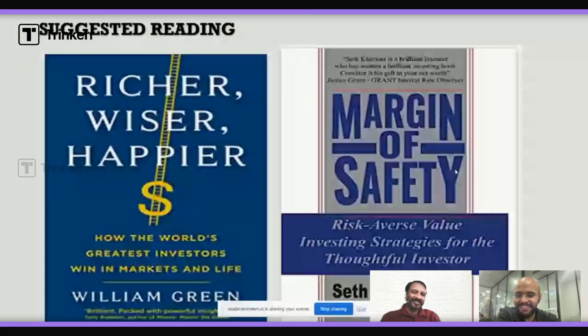I have 2 suggested readings, Vishu. One is this book called Richer, Wiser, Happier, by William Green. I read this book every 6 months or 1 year. It's a pilgrimage. हम लोग कोई बड़ा मंदिर जाते हैं every year. तो उसी तरह I read this book every 6 months or 1 year because in this book around 6-7 legends,